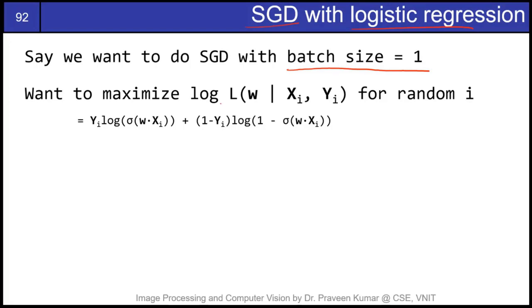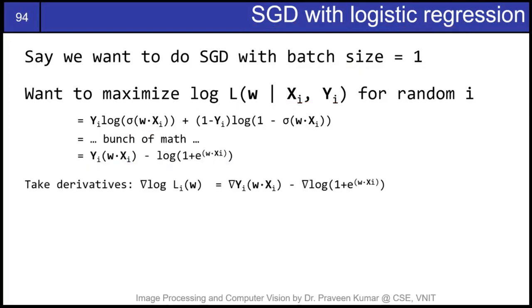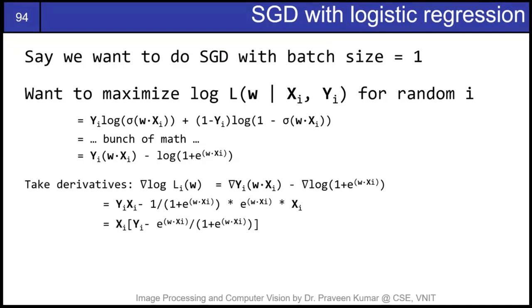In this case, our log likelihood function can be written as this. And if you take the derivative of this function, this expression comes out, and you can rearrange it. It will finally boil down to this simple expression. And you can see this expression makes sense because